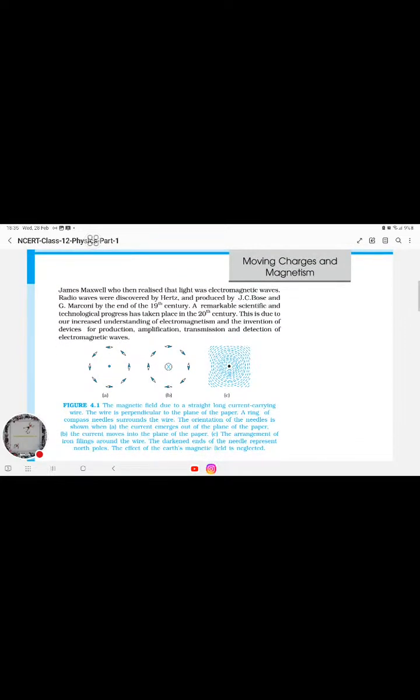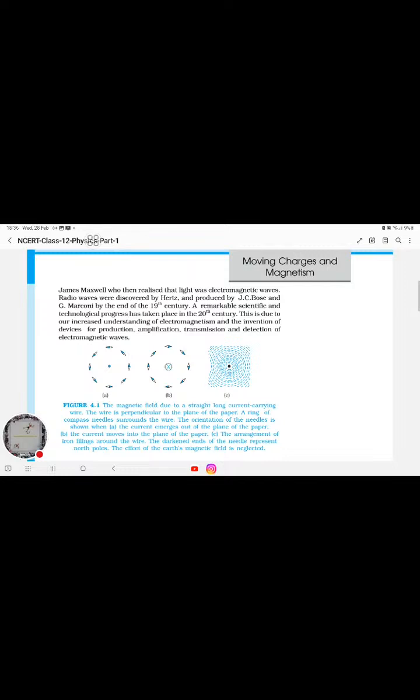Bose and Marconi. A remarkable scientific and technological progress has taken place in the 20th century. This is due to our increased understanding of electromagnetism and the invention of devices for production, amplification, transmission and